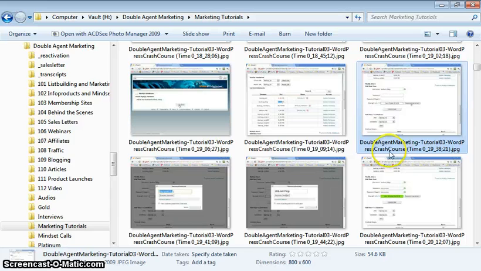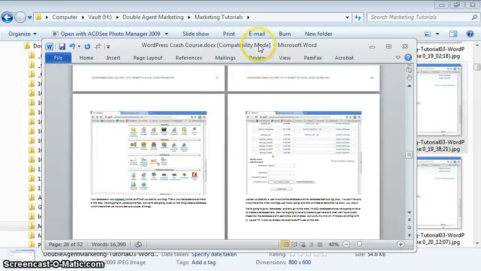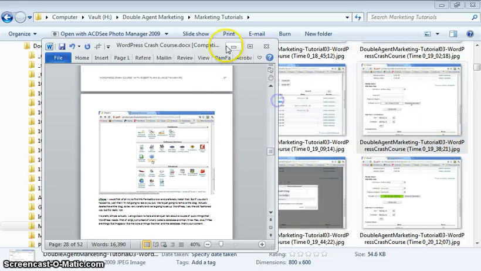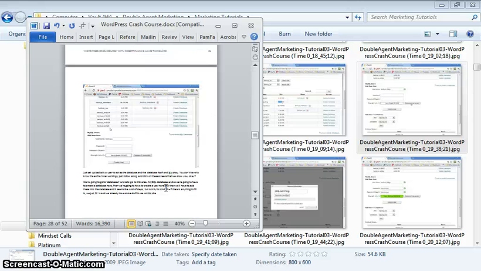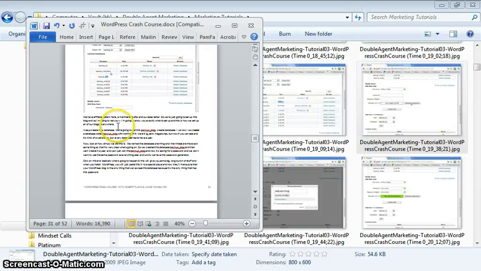So what do I do? Well, normally I'd have 2 monitors open, and I would have the Word document on one monitor and then the screenshot on the other, and then I would just find the part where I wanted to add the new screenshot. And so here we go. I'm making